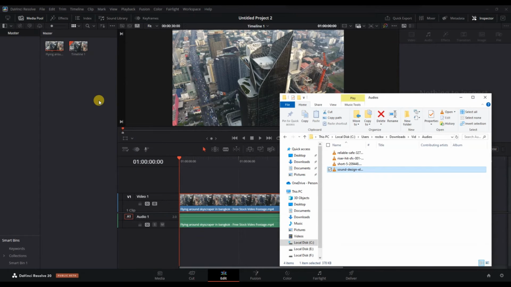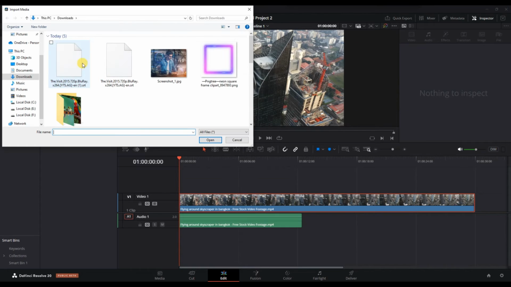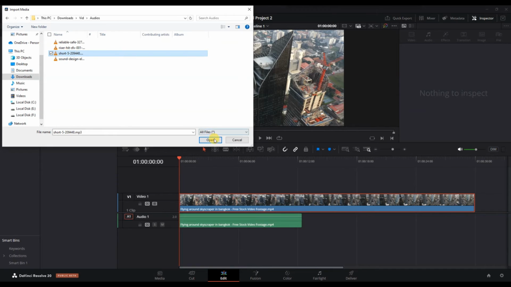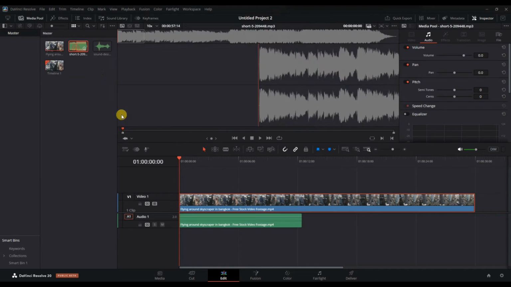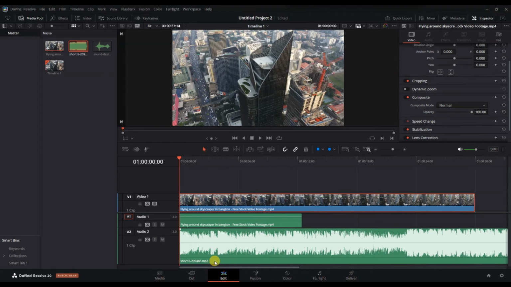Once your audio file appears in the media pool, drag it down into your timeline. You can place it on any audio track, such as audio 1 or audio 2, depending on how you want it layered. If there's already audio in your timeline, make sure you position your custom audio without overlapping anything unless